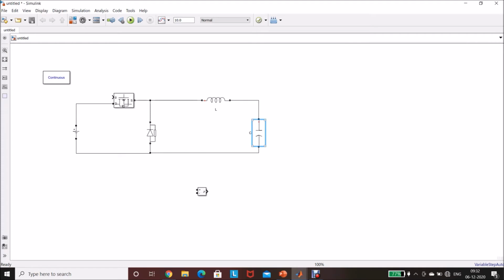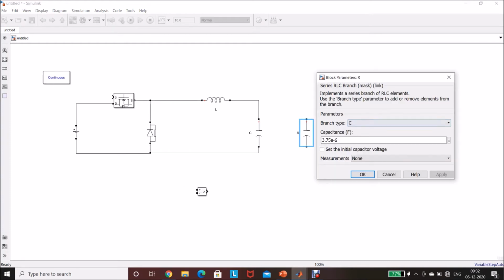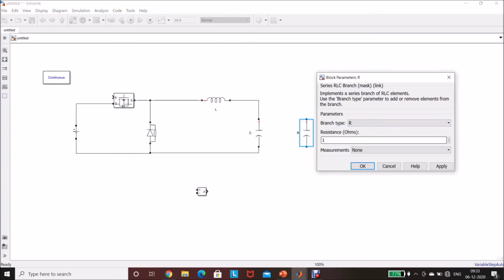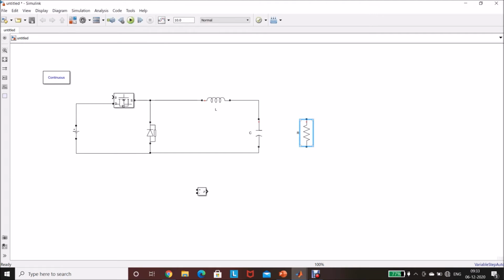Control left click, drag and drop to make another copy, rename it as R, double click, branch type select R, 1 ohm, click OK. The circuit is ready. Now let us build the control system.